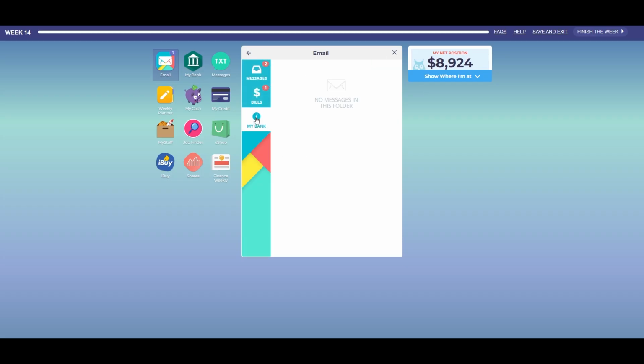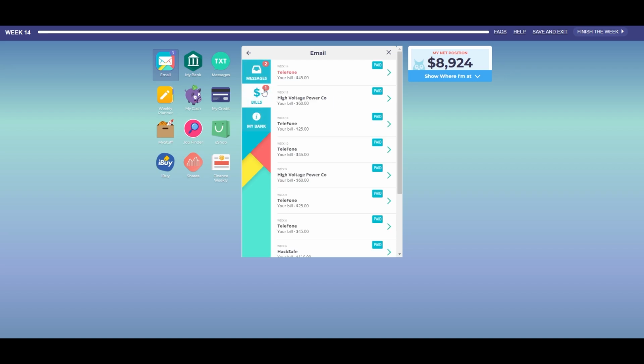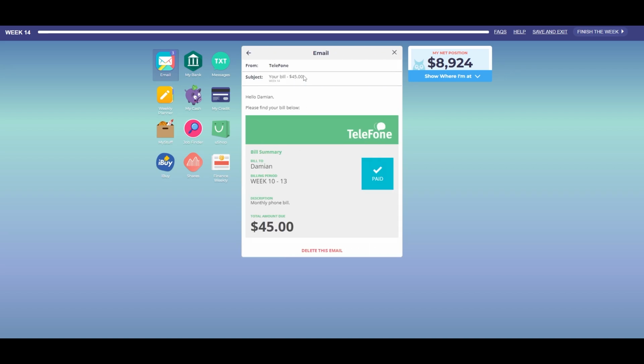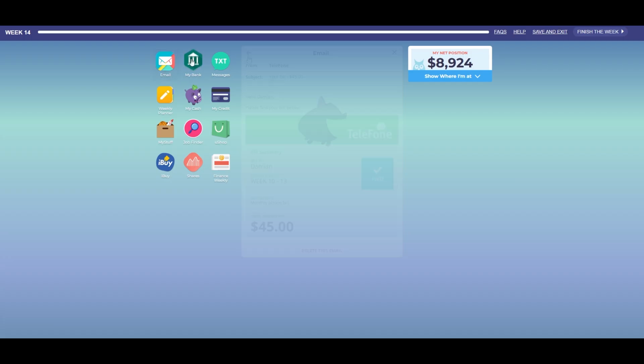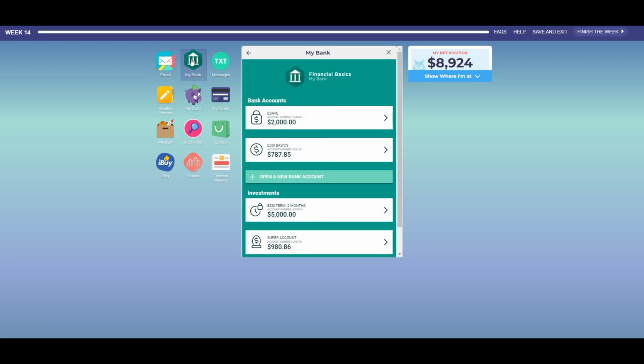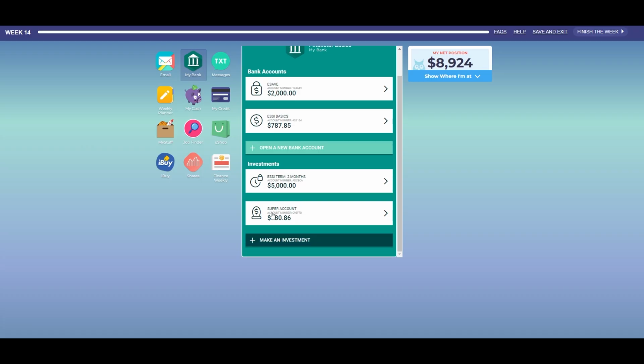When you start Easy Money, you are allocated a mobile phone, home phone, and internet plan. Bills for these services, as well as others, will appear in the email app periodically and will need to be managed throughout the game. The MyBank app provides you with instant access to your FBF bank transactions and savings accounts, as well as investments. Use the app to open transaction accounts, savings accounts, or fixed-term deposits, as well as transfer your money between your accounts. Your superannuation account can also be found in the MyBank Investments area.